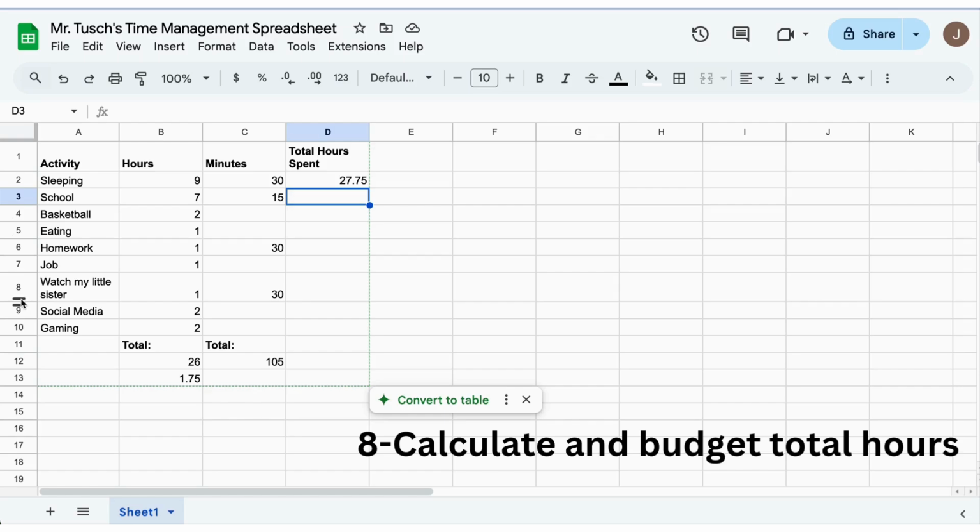But maybe, for example, you're doing your homework while you're watching your little sister, so you're doing both at the same time. Well, I can probably take this off entirely, and as I delete that time, take a look at what happens. This updates itself. The formulas continue to update as you work. 26.25 is probably a very good thing. I might have to sleep a little bit less, so I'm going to cut it down to 8 hours of sleep a night.